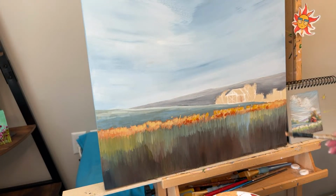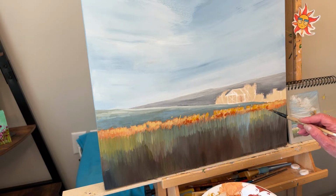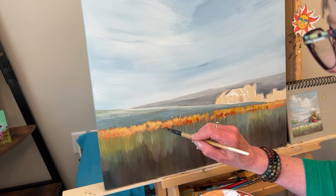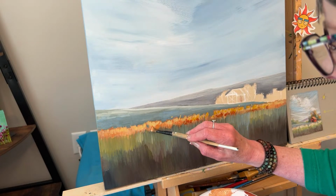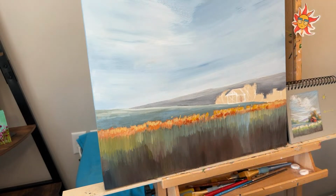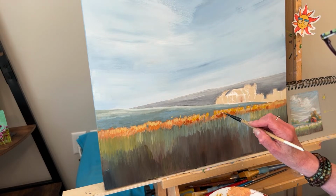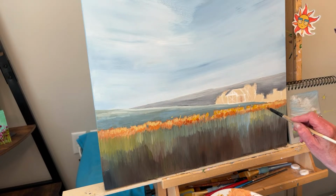So I'm going darker again. I probably should stop playing with it. I'm getting a lot of detail in here now. And I never stop, because I want it darker right there. I don't know if I like the red. Oh, it shows up better though. Yeah, I don't know how I feel about the red. I think if you just tone it down with a wash, once it dries, I think it'll be fine. Because I do like the darkness, the depth that I would add, but